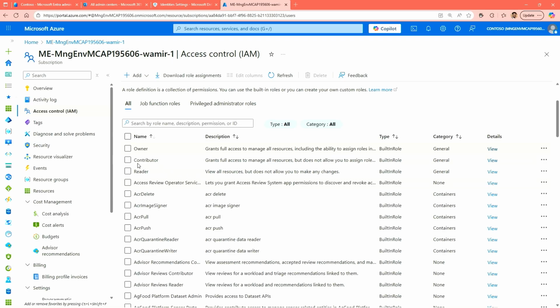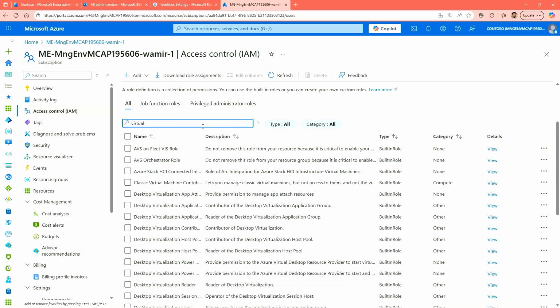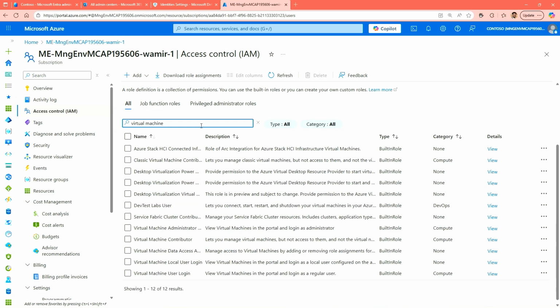Similarly, you have the contributor role and the reader role, so you can look at some of the details. Feel free to go and explore them. We also mentioned a couple of other roles. If I find virtual machine and type in virtual machine contributor role, this is a role that we spoke about earlier on. So you can see that the role exists.